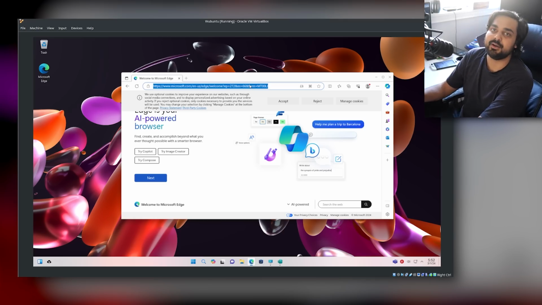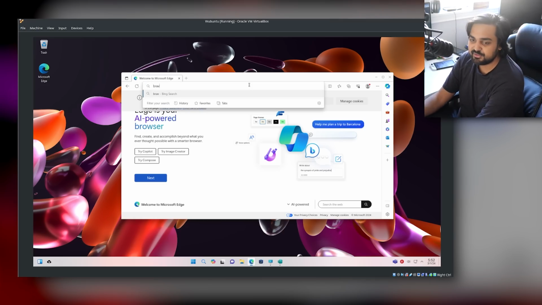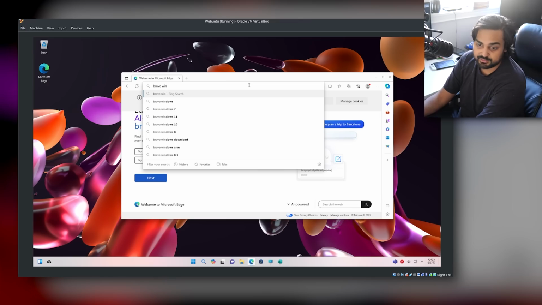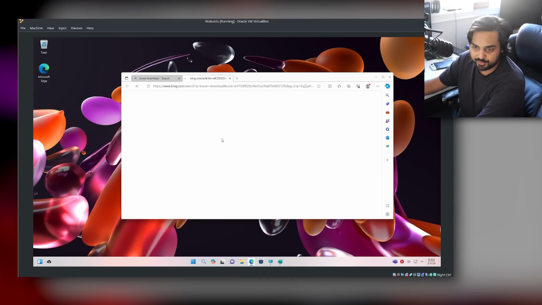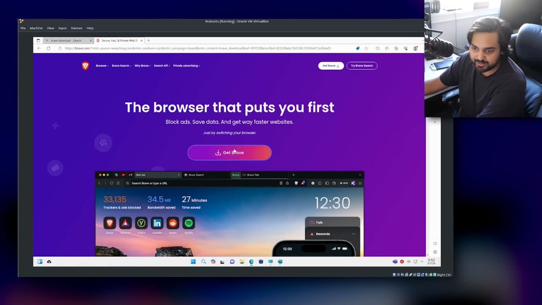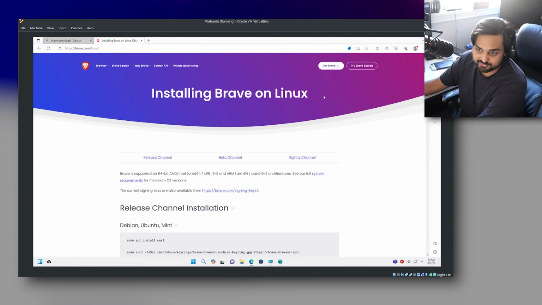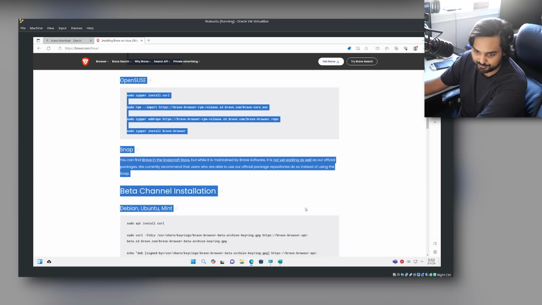Linux is a different operating system than Windows. What somebody's going to do is, if they want to download, say, the Brave browser, they're going to go to the Brave download page, click download for free over here, get Brave. And of course, it's going to lead to Linux. So somebody may not understand how this stuff necessarily works.